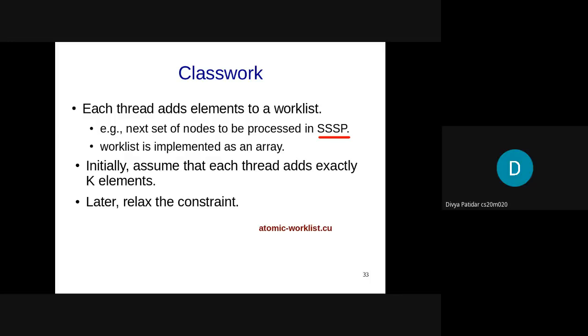Also, sir, I think there's a mistake, that we have to check the value of I. If two threads increment one after the other and then insert into the work list, maybe at one index there will be two values in the work list, if we use this indexing.